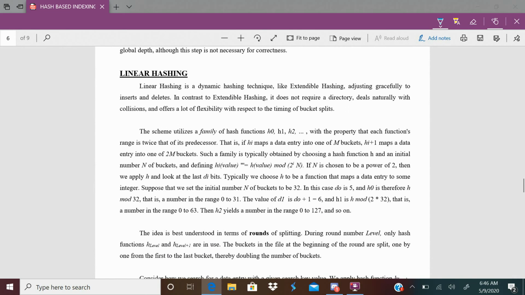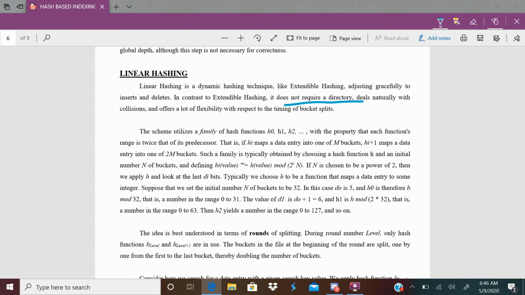Now we have another dynamic hashing technique, which we call linear hashing. It is similar to extendable hashing, but in extendable hashing we maintain a directory of pointers, while linear hashing does not maintain any directory. It does not require a directory of pointers.